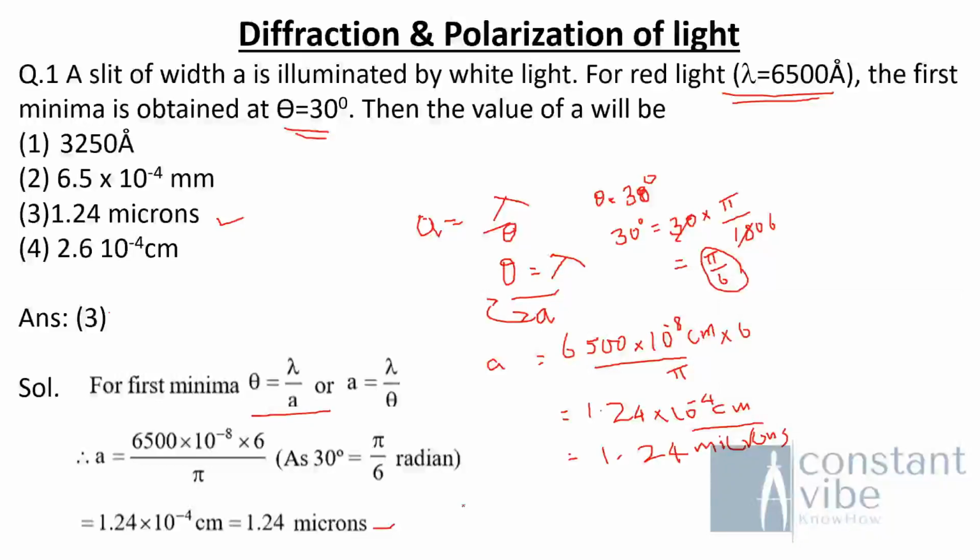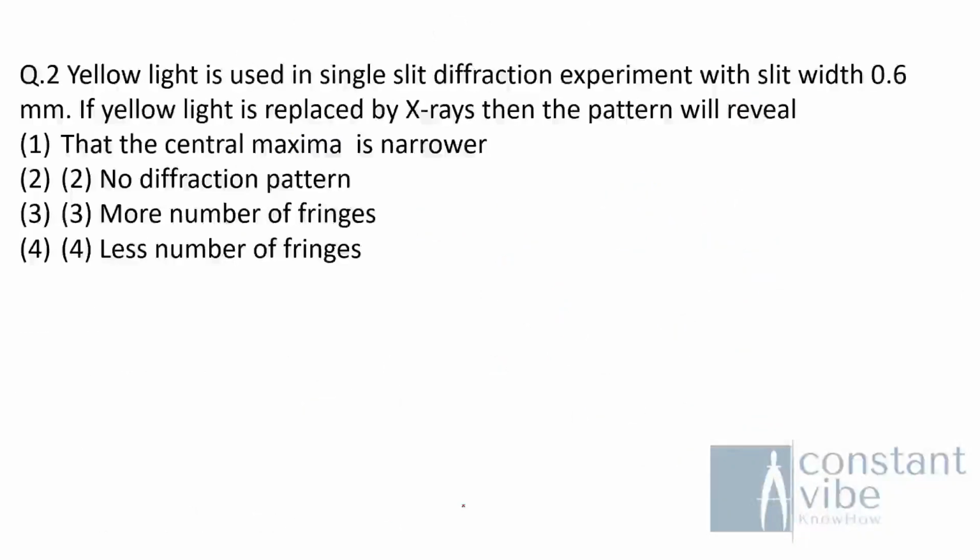Let us go to the next question. A yellow light is used in a single slit diffraction experiment with a slit width of 0.6 mm. If yellow light is replaced by X-rays, then the pattern will be